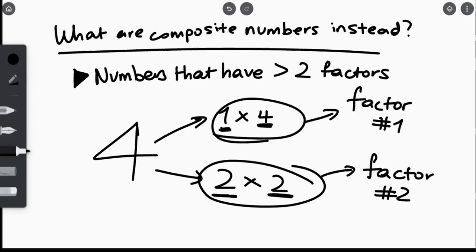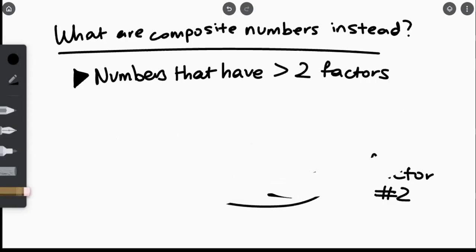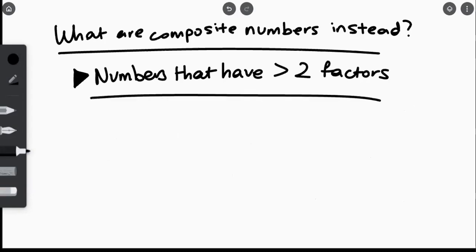Okay, do you need to state the factors in the exam? Answer is no. They will ask you to compare what are the difference between composite numbers and prime numbers. So how do you compare? Simple. Okay, just say that composite numbers are numbers that have more than 2 factors,